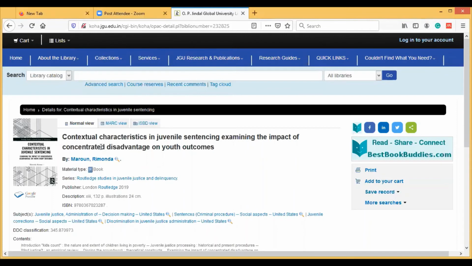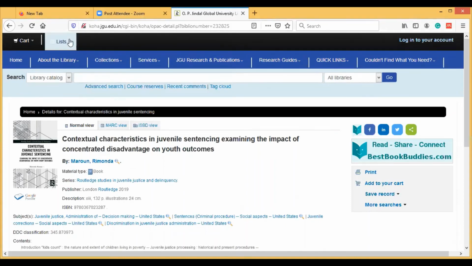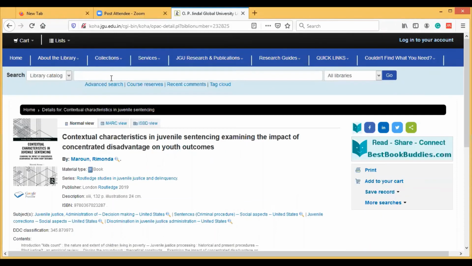Yes, it is visible. Okay, so this is very important. Anything available in the library is searchable. You can see the previous list also from here. You can make your own card. I already showed you the key statistics. We have 63,400 print books. So this catalog is searchable. You can search the multimedia also. You can search the print books. You can search the ebooks also. So how can you do it?